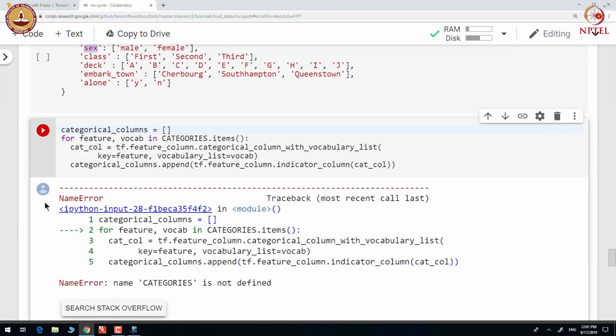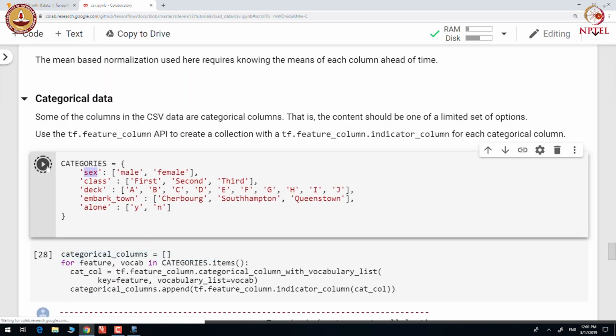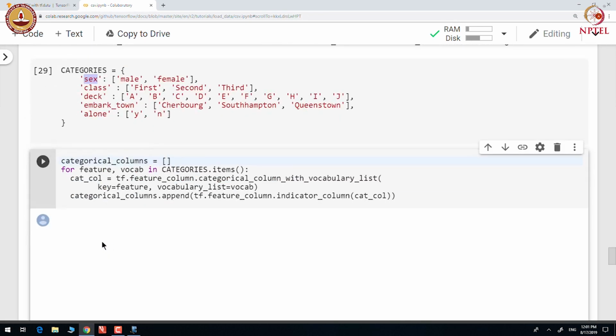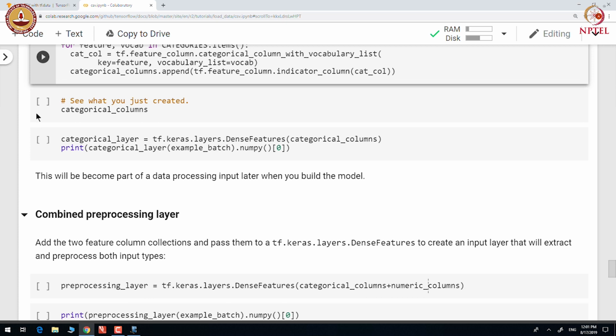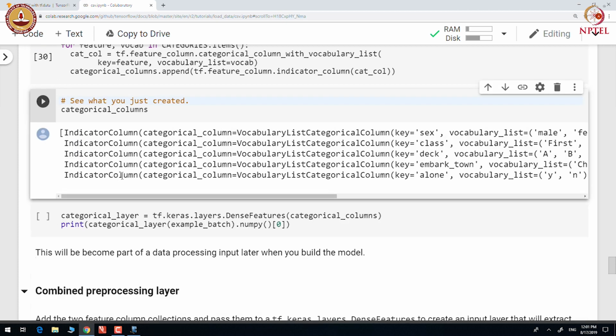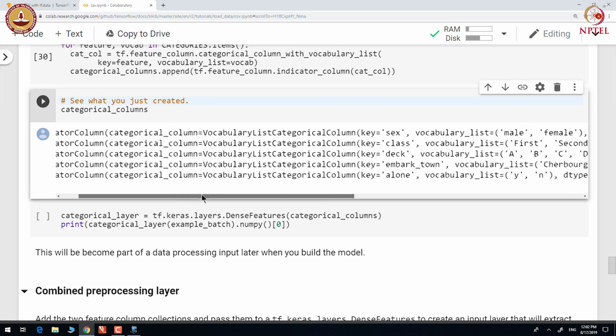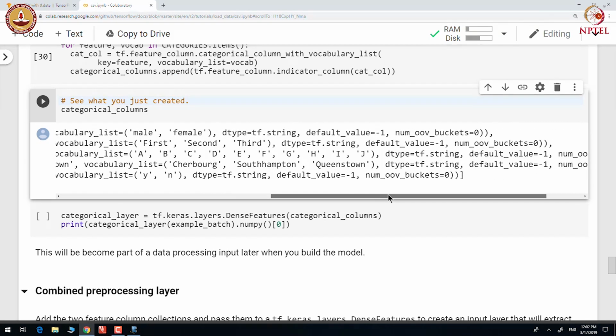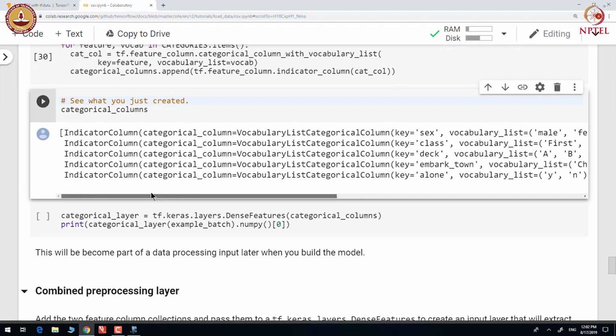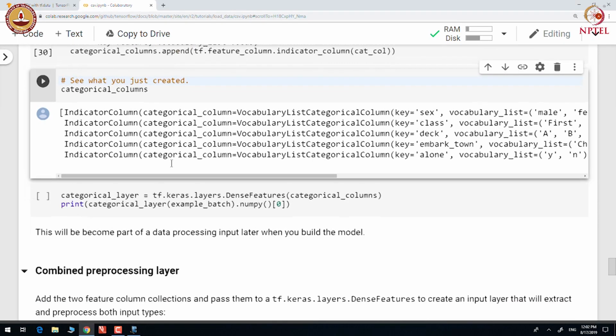Let us check out the categorical columns that are created as a result of this exercise. So, we can see that there are indicator columns that are created from this exercise.